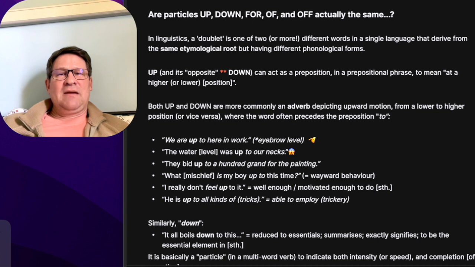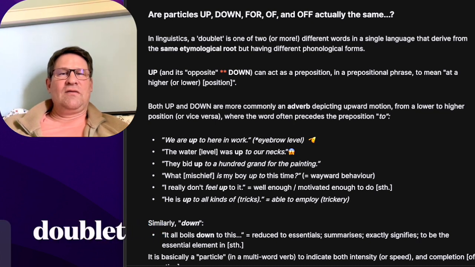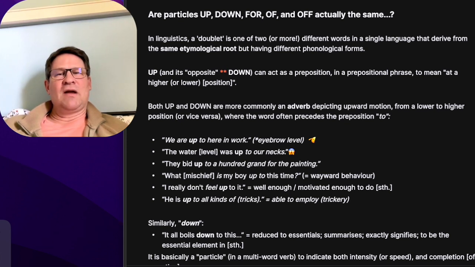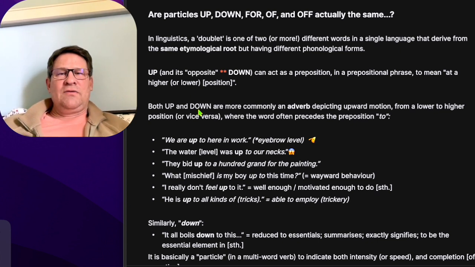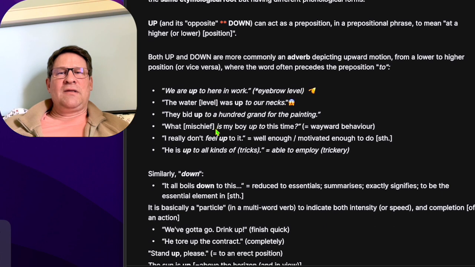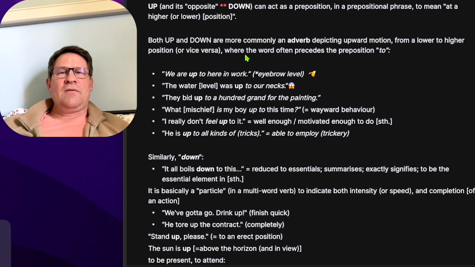They come from the same root. In linguistics, a doublet is one of two or more different words in a single language that derive from the same etymological root, but having different phonological forms. So I go into my ebook about this with some examples of the particle up, which, by the way, can